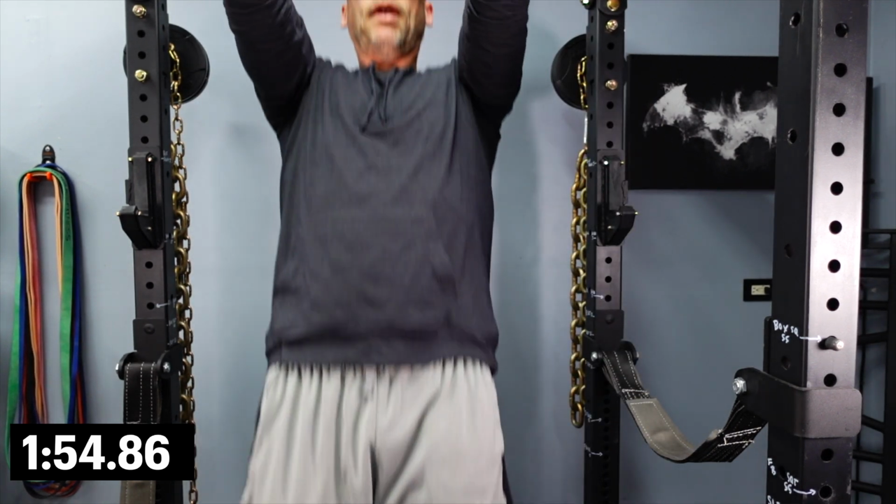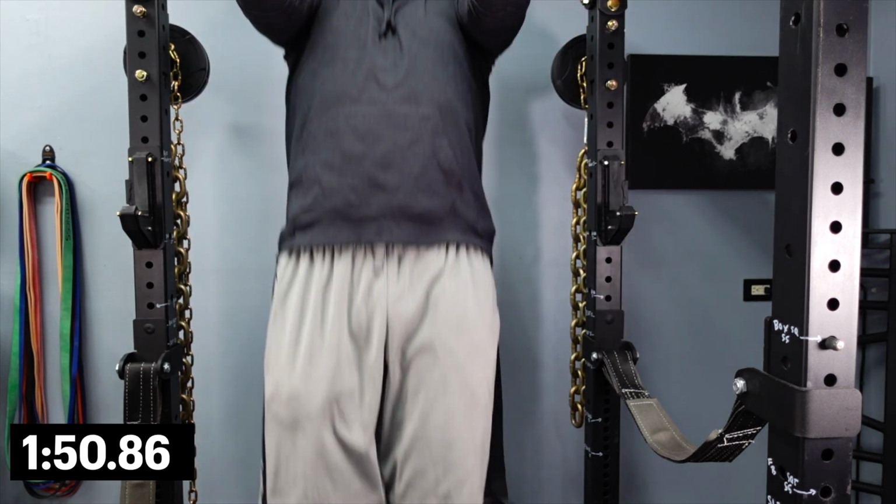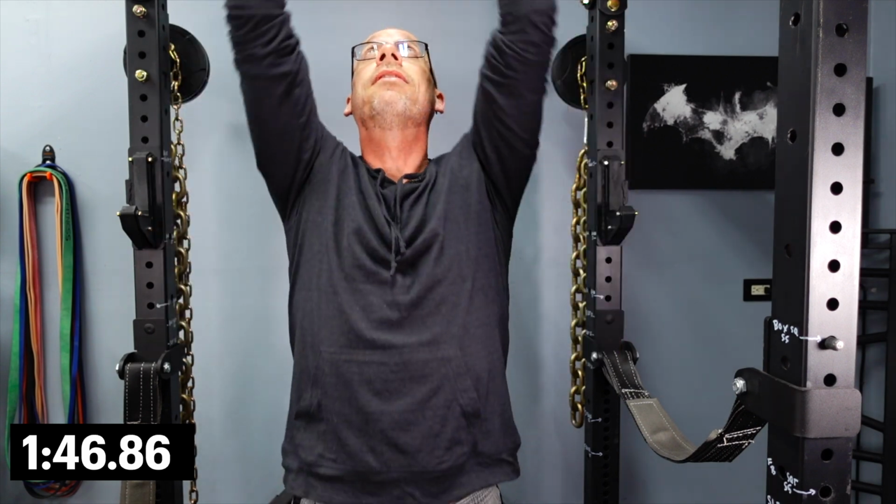I have a pull-up bar here. So every time I would come home and walk through the garage, I would stop and I would just do one pull-up. I'd walk into my office, I would just do one pull-up. I'd walk out of my office. You get the idea. So if you can get a bunch of pull-ups in across the day, you're going to